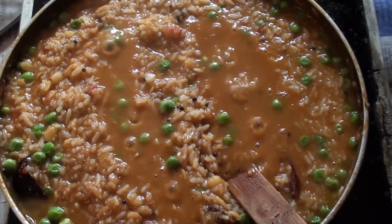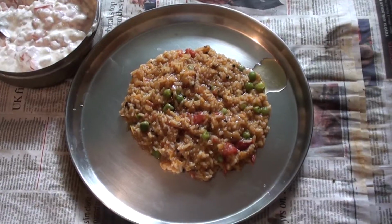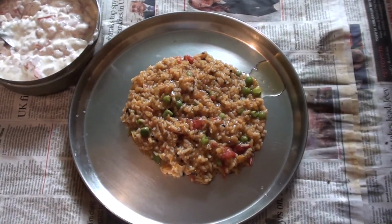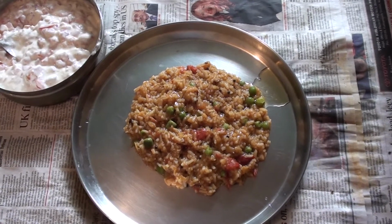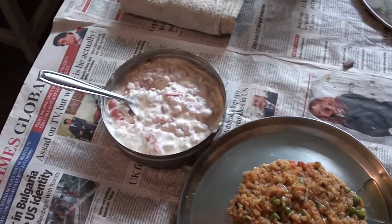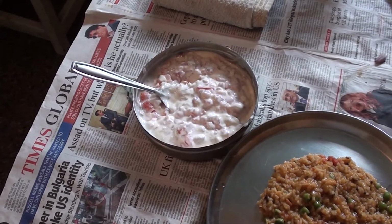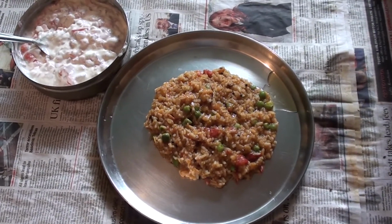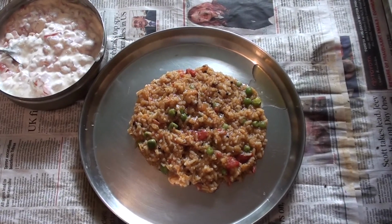Time for the verdict. We just taste it and tell how it is. Okay guys, now that it's done, I'll just taste it and let you know. Yes, along with that we also have a raita which will neutralize the spiciness of the main dish. So here it is, Bisi Bele Bhat, and the verdict is